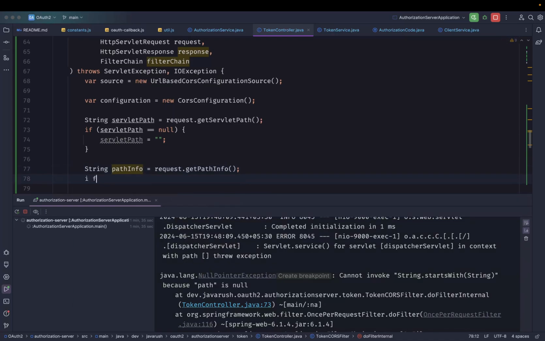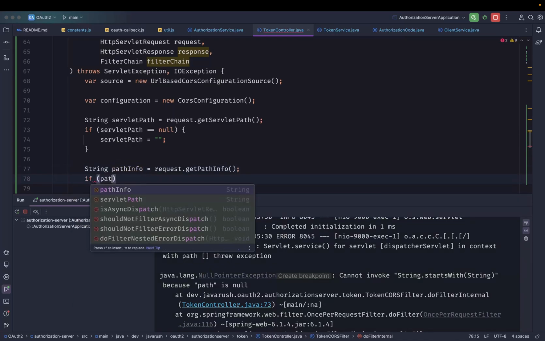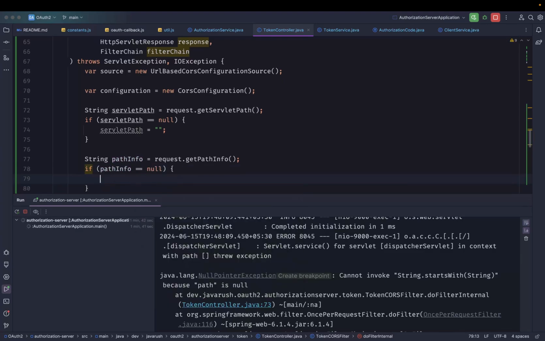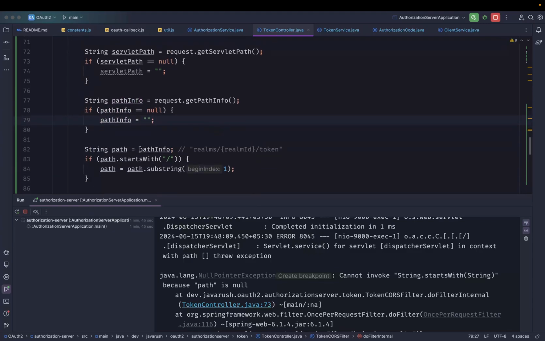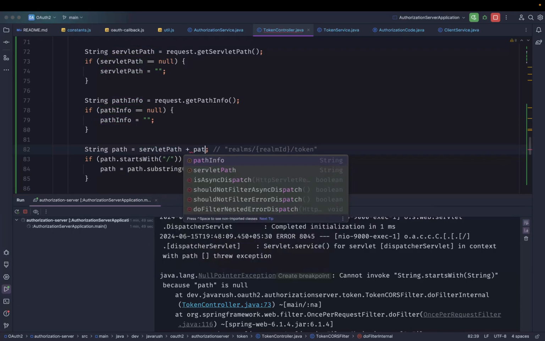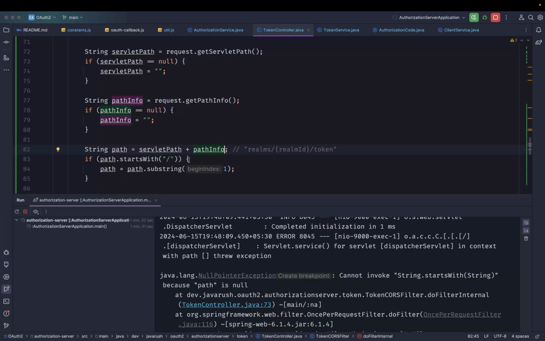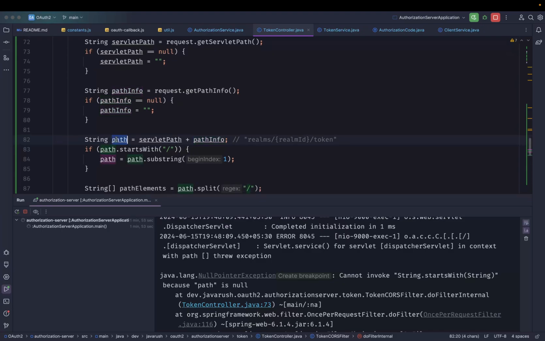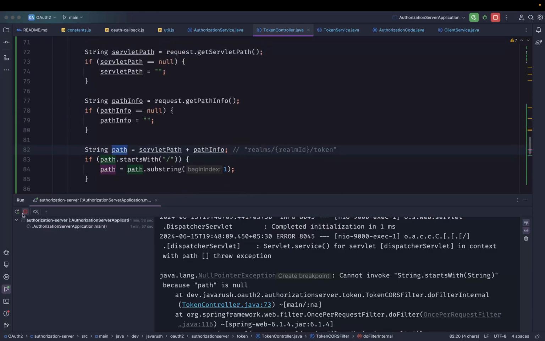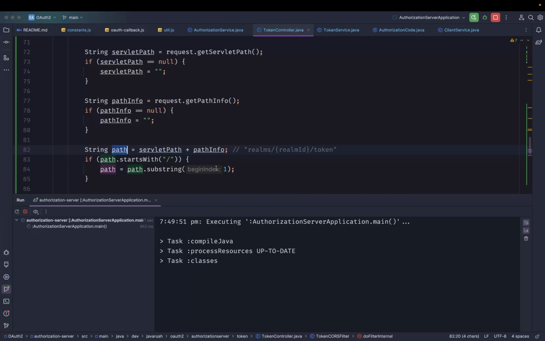If path info is null, in that case we will say path info is an empty string, and then path will be servletPath plus pathInfo. So now we have the correct path and we are working with path here. Okay, let's restart the server